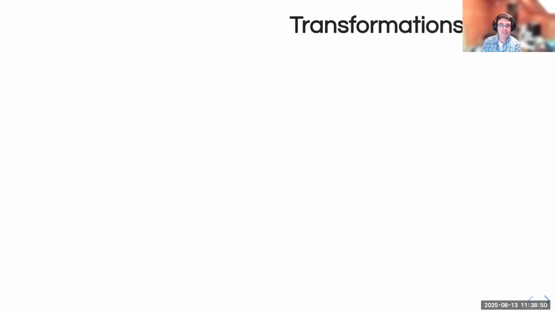And then, of course, there are transformations that we apply to our underlying data. One of the most common ways that I think about this is,